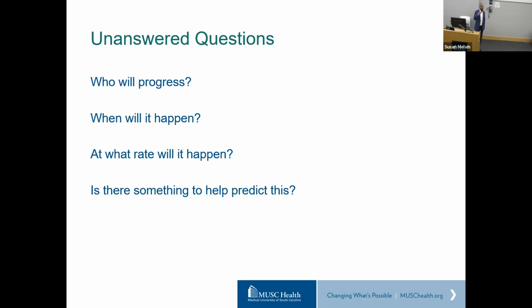We see patients who have progression either as a response to what we do to it, versus people who sometimes choose not to have additional treatment as well. We can see the progression slow down on its own, but there is no way in which we can tell you whether that's what's going to happen, or whether we need to consider up-titration of treatment or change in treatment. And is there something to help predict this?